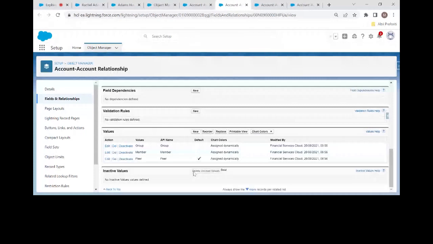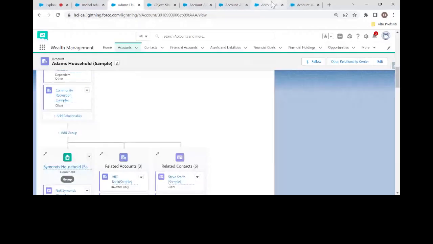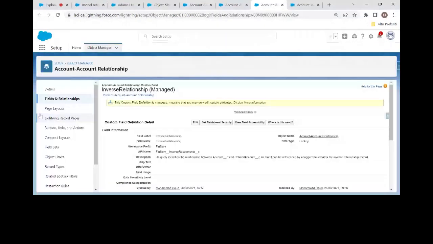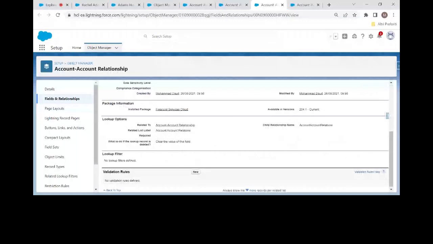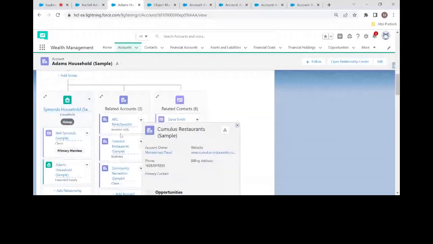That defines the view of these relationships. Okay, and inverse relationship, one example could be the one I have created here,